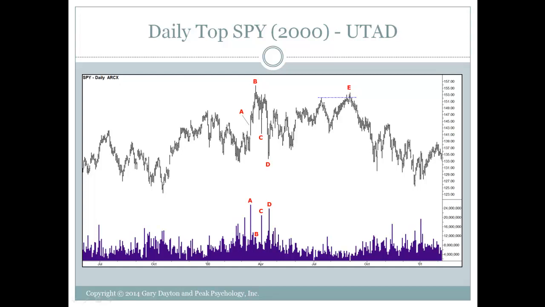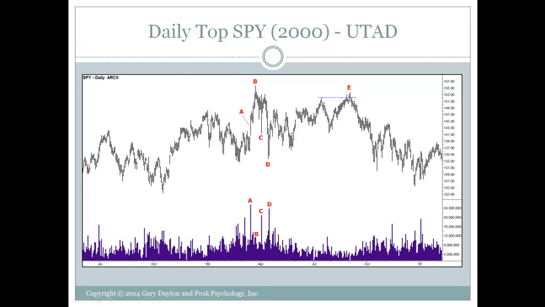Okay, now here's the top in SPY or S&Ps in 2000. This was the time I was telling you before where the nurses were telling me that the Microsoft was putting their kids through college. No problem, right? Everybody's involved in the stock market. Well, here's the top in 2000. And again, we don't get way oversold. Overbought in the trend channel. We don't have a trend channel on here, but